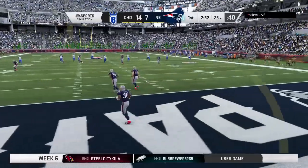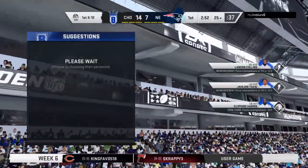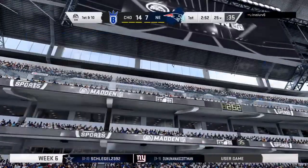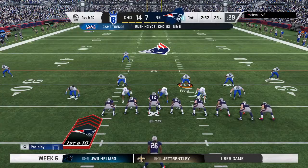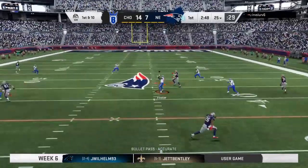And no return on this one as the fair catch is signaled for and taken. New England with a first down as they begin the drive. And that last drive, a long drive, but not just that. They had a great air attack going. Do they stick with that? I would think that they...